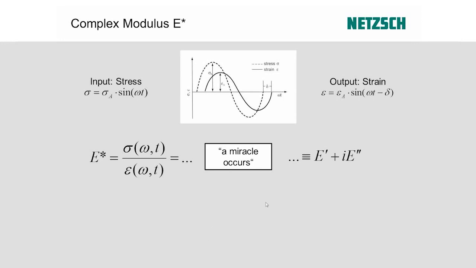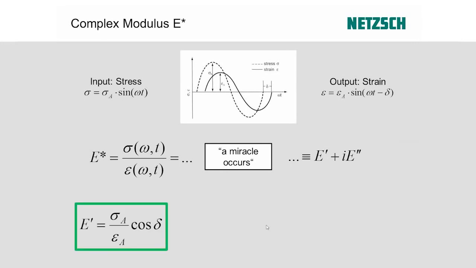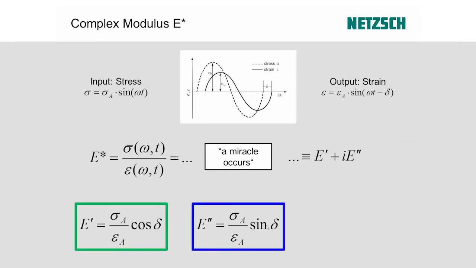We can divide our complex modulus in 2 parts. The so-called real part, that we just call E prime, and the imaginary part is E double prime. These 2 numbers, if you look closer, are calculated as follows, and there is no big secret behind that, because this is all something that we can measure. We can measure the stress sigma, we can measure the strain, and so we can measure E prime and E double prime, and this is exactly what the DMA does. One more. People often look at the tangent of the phase delta, so this is defined as E double prime over E prime. The secret about the DMA technique is now that with this mathematical trick, we have these